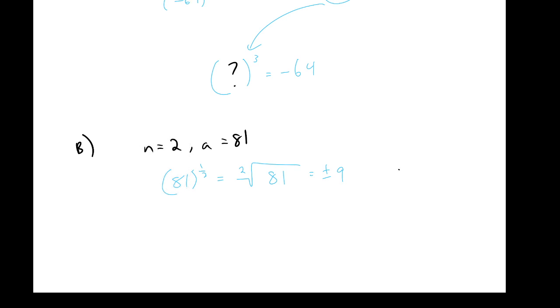You have to think about it like this: something to the second power is equal to 81. What could go in there? And when we deal with squares,